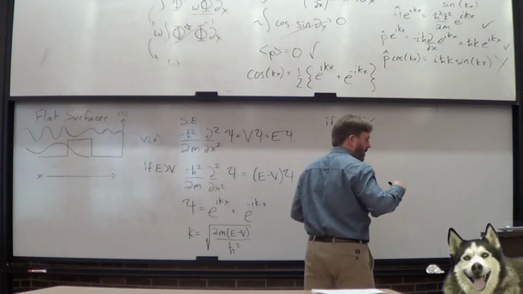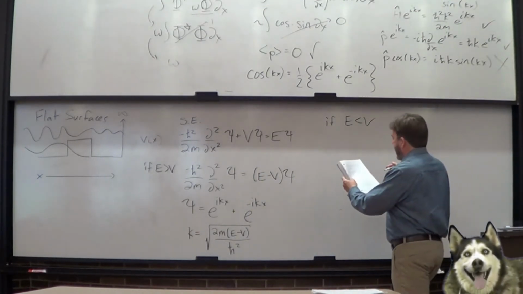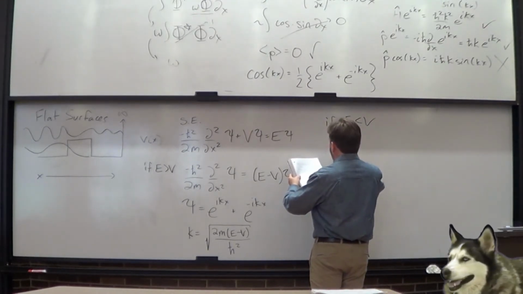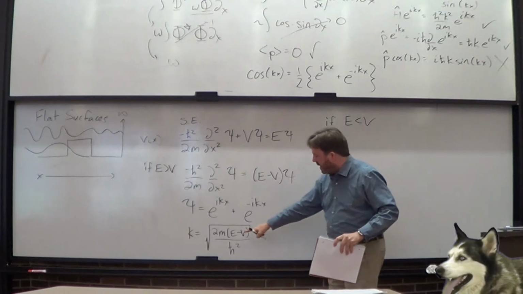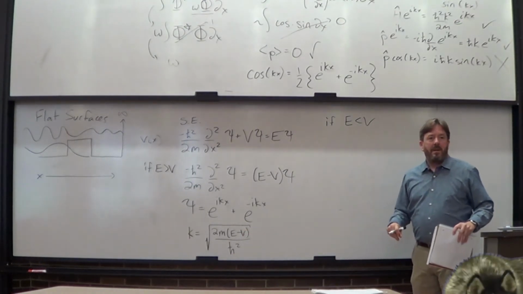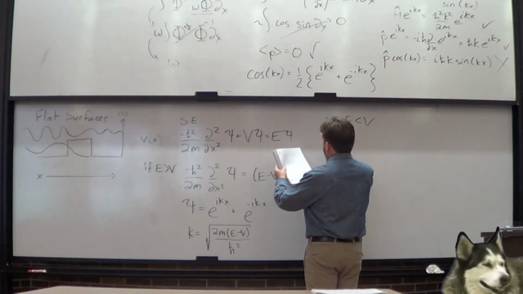This is actually the normal case. Energy less than V. In that case, if you look at this thing, if E is less than V, you got yourself a bit of a problem. You got a negative number. So let me just rearrange that. Let me call it